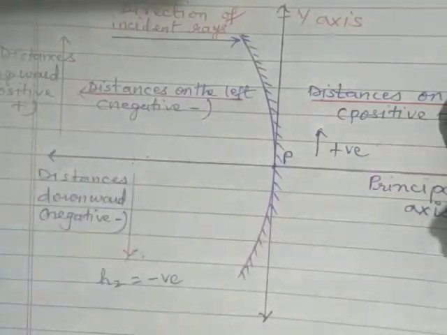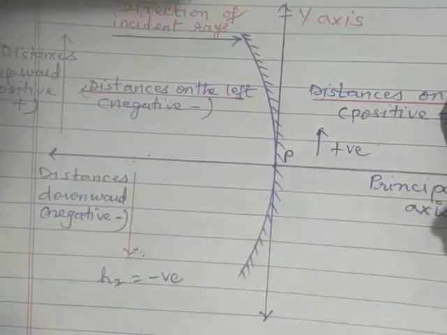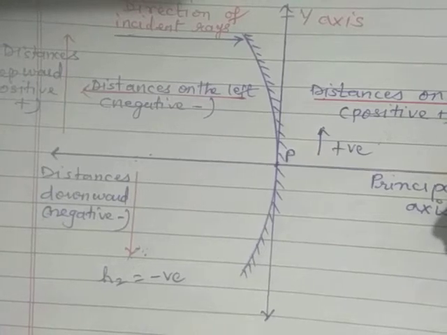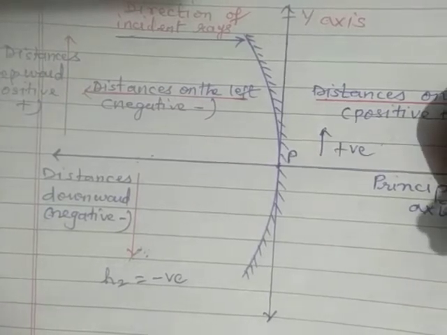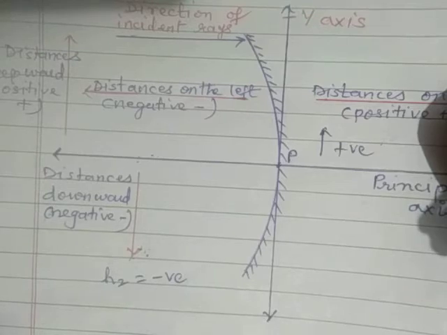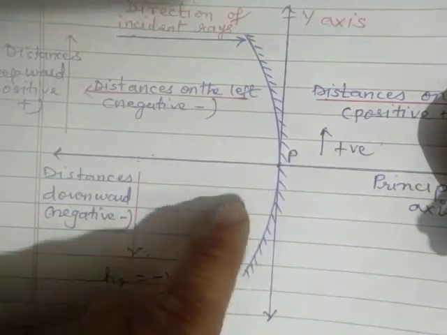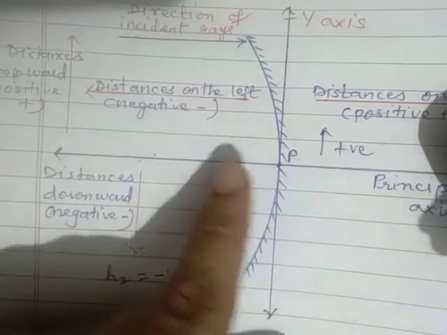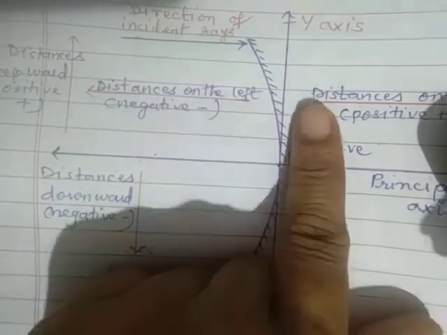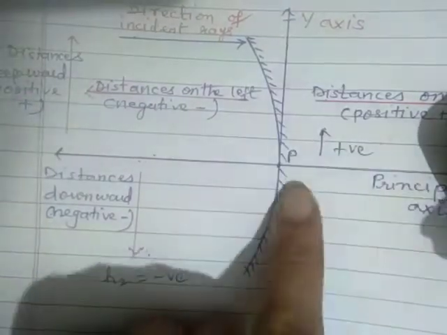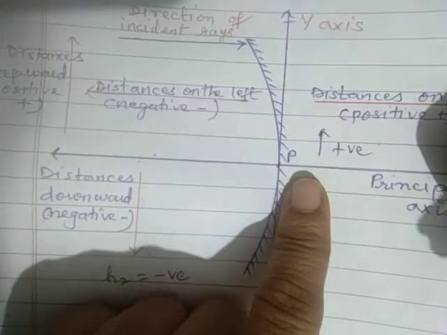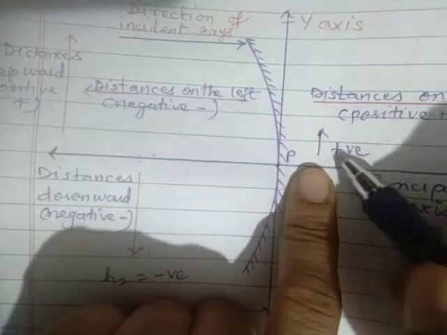spherical mirror it is. If it is a concave mirror, then most of the time it will be negative. But in the case of a concave mirror also, sometimes the image is formed behind the mirror, and that position is between the focus and the pole. So at that time the image will be erect, virtual and erect, formed behind the mirror. Therefore at that time you will be taking it as positive.